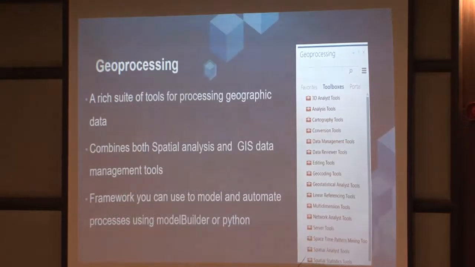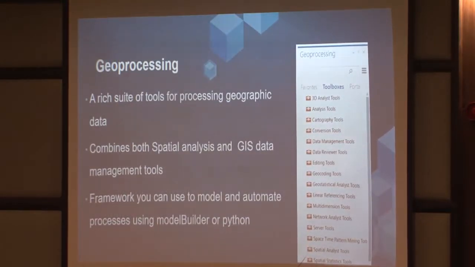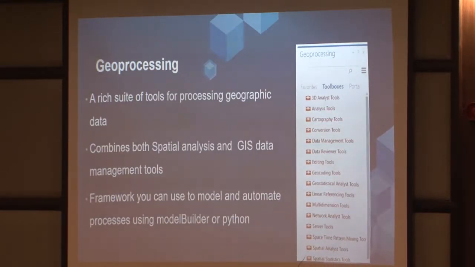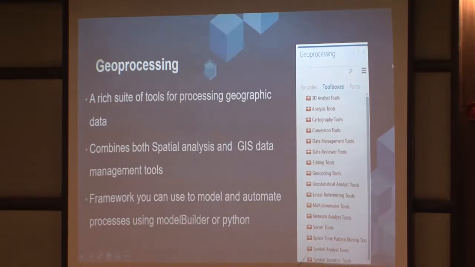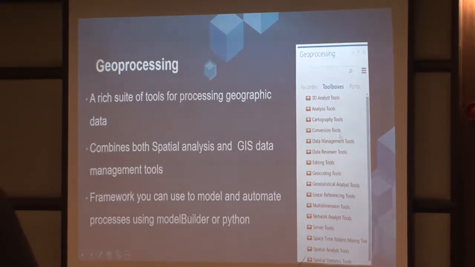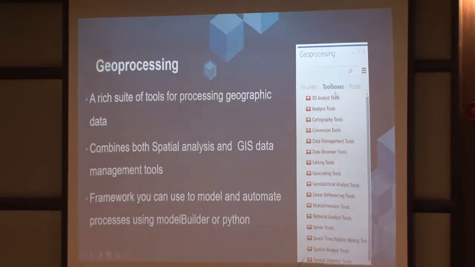So with the geoprocessing, it's actually a rich suite of tools. The tools that we are talking about, approximately 700 tools, are actually contained within geoprocessing, and they are arranged this way. We also have some similarity with ArcMap. So if you have ever opened a toolbox within ArcMap, you will realize that the tools are arranged in the